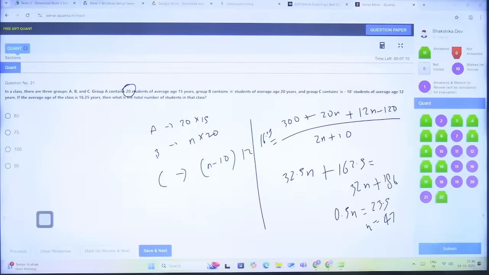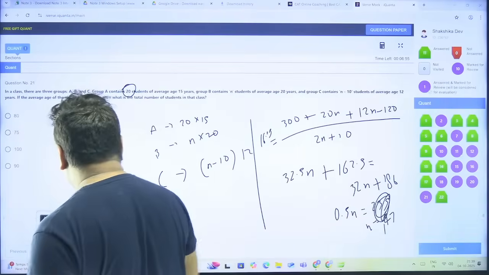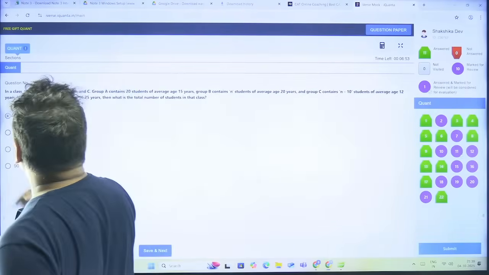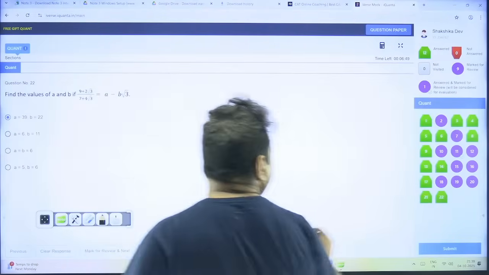ऑल राइट। यहाँ n 35 आएगा। 80 इज द आंसर। सी, कैलकुलेटर यूज करते जल्दी होता। ठीक है, कोई बात नहीं, ये सब होता रहता है। गोइंग टू नेक्स्ट वन। ओके, 22nd इज डन।